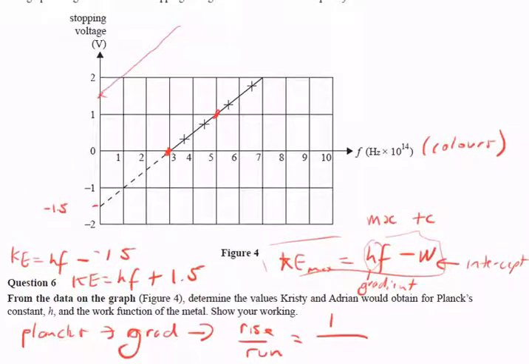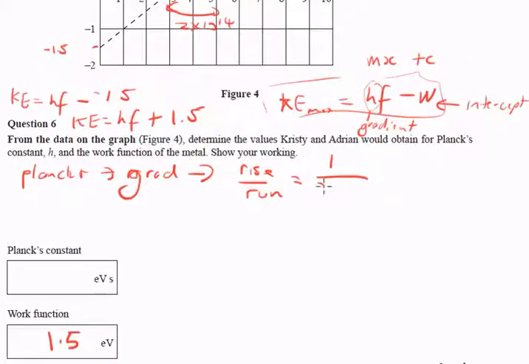And how much does it run by? I'm going from here to here, which is the run. It runs by, from 3 to 5, so it runs 2 by 10 to the 14. And that equals a half by 10 to the minus 14, which equals 0.5 by 10 to the minus 14, which equals 5 by 10 to the minus 15